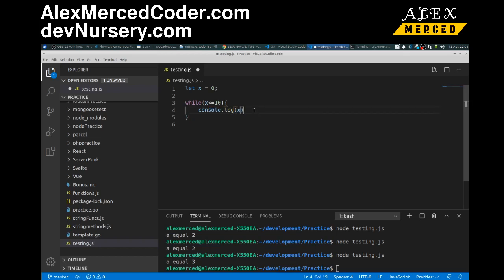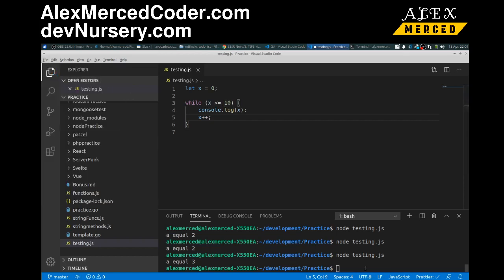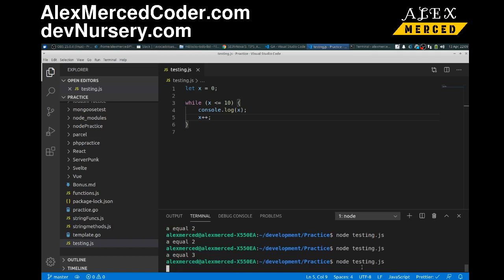So what I'm going to do is at the end of each loop, we're going to add 1 to x. So if I do x plus plus, the plus plus is what's called an increment. It always adds 1 to the variable. So I'm just going to add 1 to x at the end of each loop, and we'll just keep doing that till we get to 10. Okay, so now if I do this, you see it counts, because first it's 0, we console log the